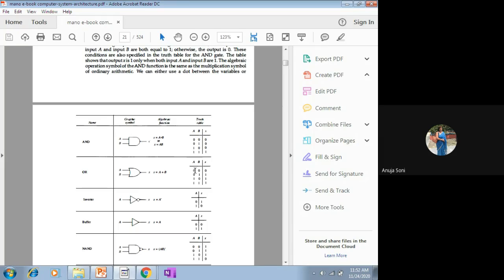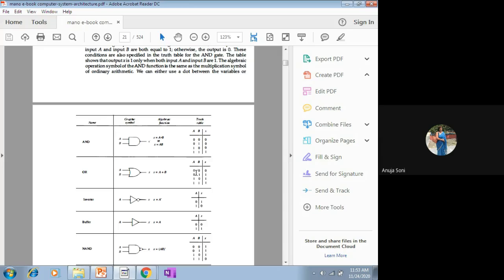In the first case, both values are zeros, meaning both values are false, so the result will be false. In the second case, when 0 1 is there, if 1 is true, the result will be true. At least one is true, so the result will be true. Similarly, in the last case, at least one or both are true, so the result will be true. Even manually, you can find similar values to those depicted in the truth table.